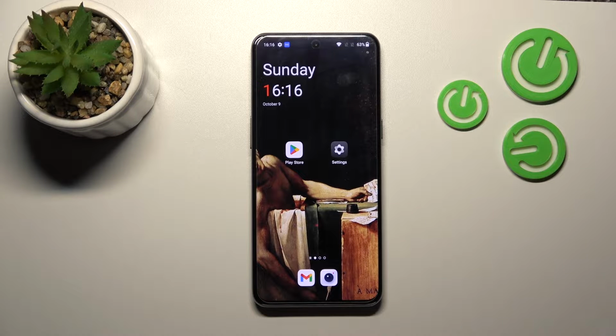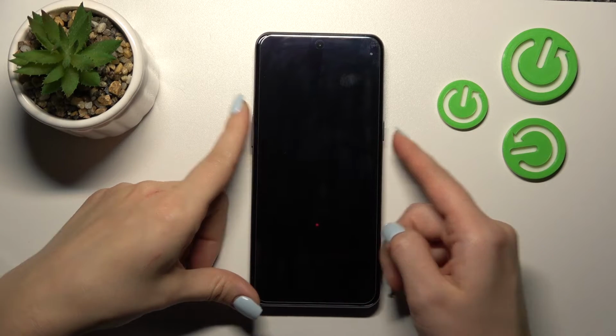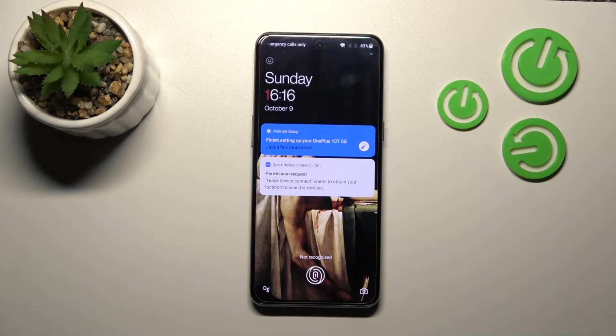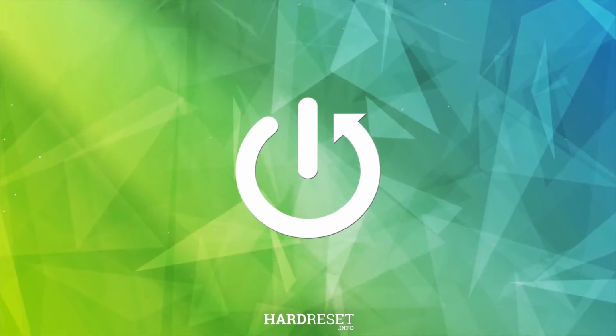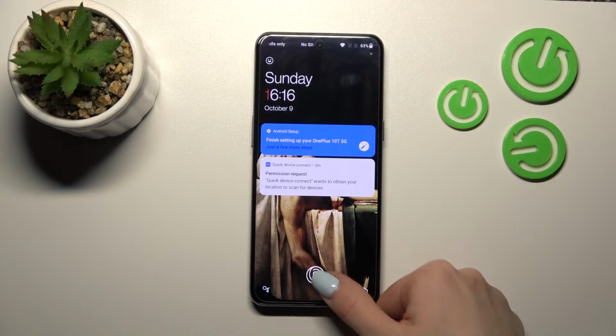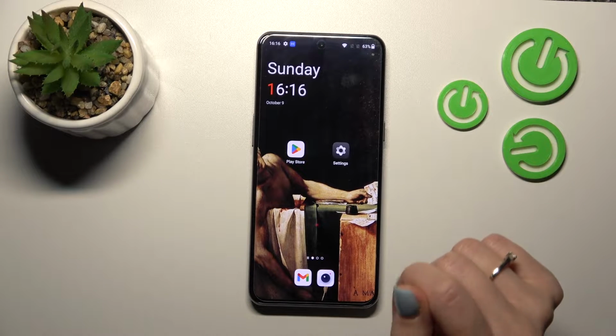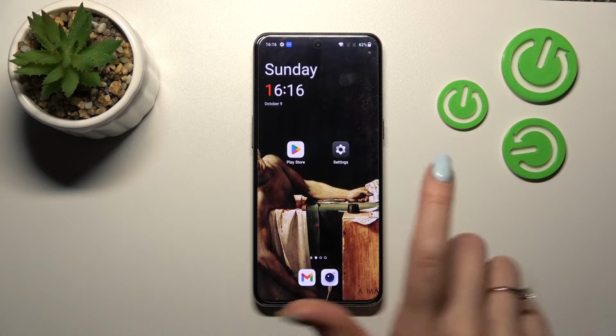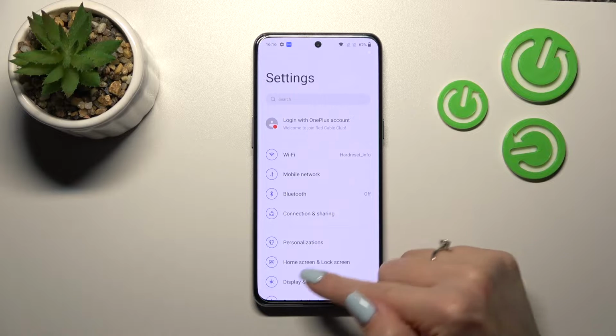Hi, today I'm running OnePlus 10T and I'll show you how to activate fingerprint sensor animation on this device. So if you wanna activate the fingerprint sensor animation on your OnePlus smartphone, you should first open the settings application